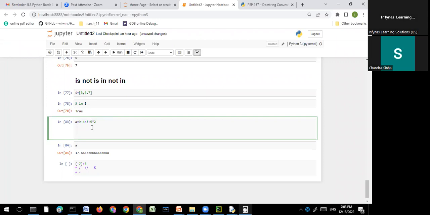I think is it clear to Gaurav? ओके, ठीक है। So this is called the, इसको क्या बोलते हैं? एसोसिएटिविटी। ज्यादातर जो ऑपरेटर होते हैं उसकी एसोसिएटिविटी जो होती है वो किधर से होती है? लेफ्ट टू राइट होती है। सारे अर्थमेटिक ऑपरेटर्स जो देखेंगे उन सब की एसोसिएटिविटी क्या होती है? लेफ्ट टू राइट होती है। लेकिन एक कुछ ऑपरेटर होते हैं जिनकी एसोसिएटिविटी राइट टू लेफ्ट होती है, ठीक है।